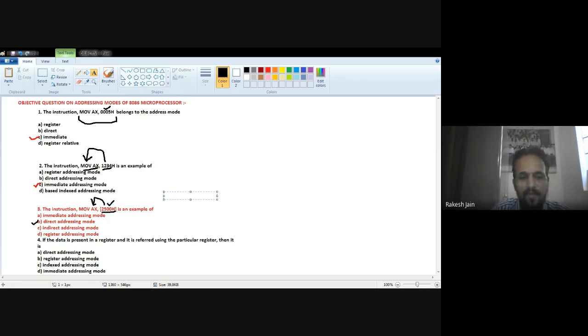Let's suppose the register BX holds the data 1234, and it is referred to using the particular register.